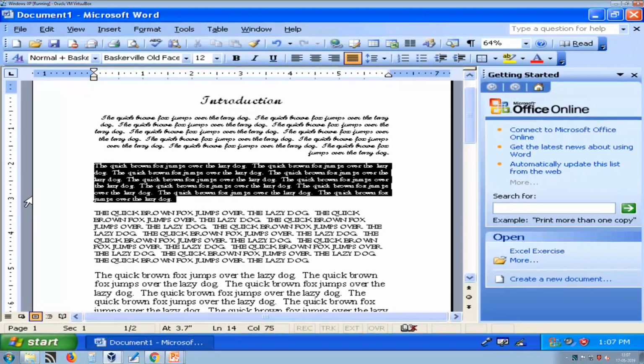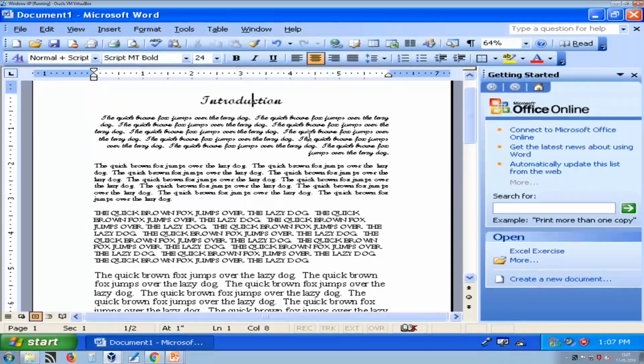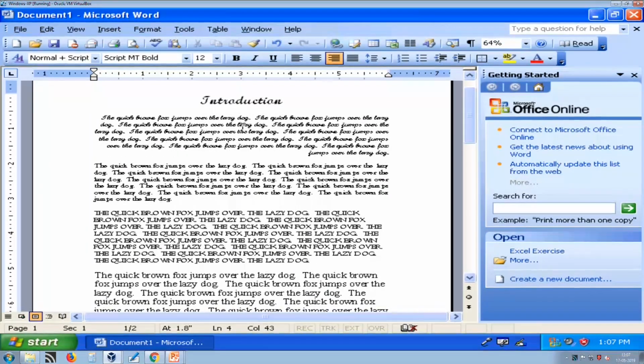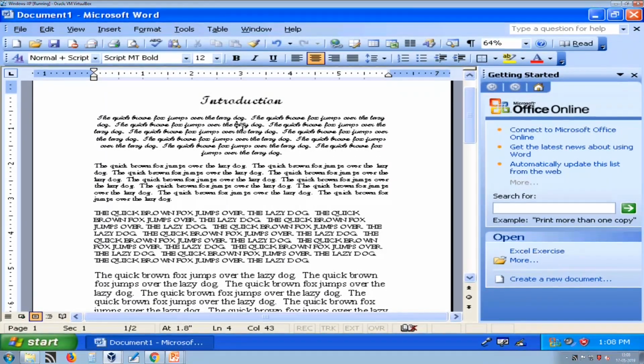So for a paragraph we should apply justify, and the shortcut key for left is Control L, for right it is Control R, and for center it is Control E. So here are the shortcut keys for left, center and right alignment, and if you press Control J then it is justify alignment. Now you can easily remember the shortcut keys. Shortcut keys are given in such a way that you can easily remember.